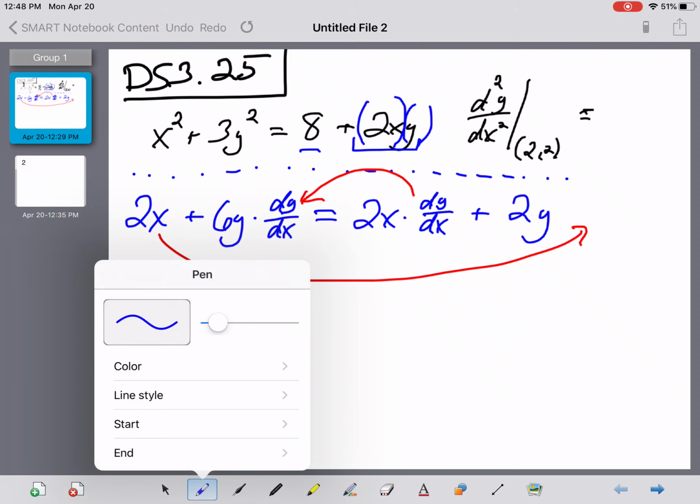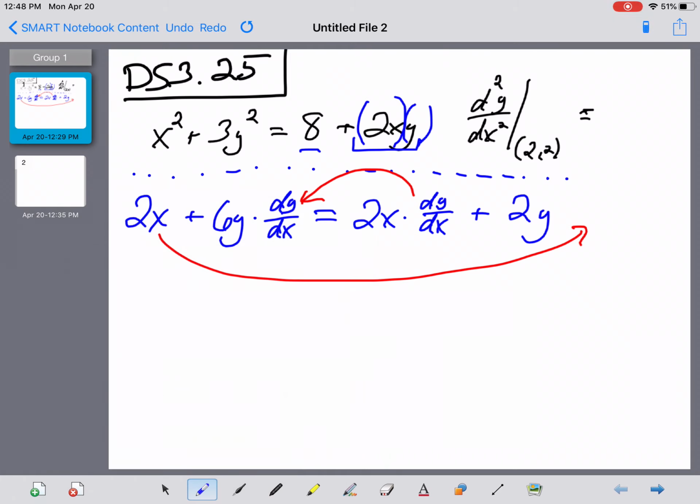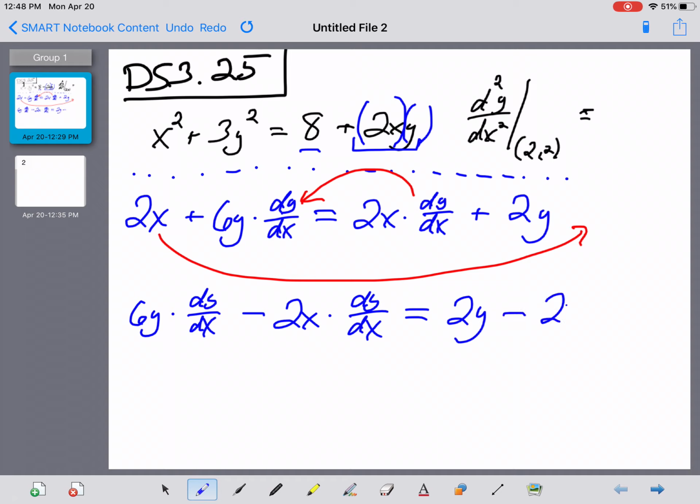Okay, so what's that going to look like here? That's going to give me a 6y multiplied by the dy/dx, and then minus a 2x dy/dx. And all of that is going to equal the 2y that was on the right minus the 2x that I'm shipping over there as well. And now we're going to kill two birds with one stone, guys. We're going to factor out the dy/dx from the two terms on the left and divide by the binomial that's left over. So we are going to get dy/dx is equal to